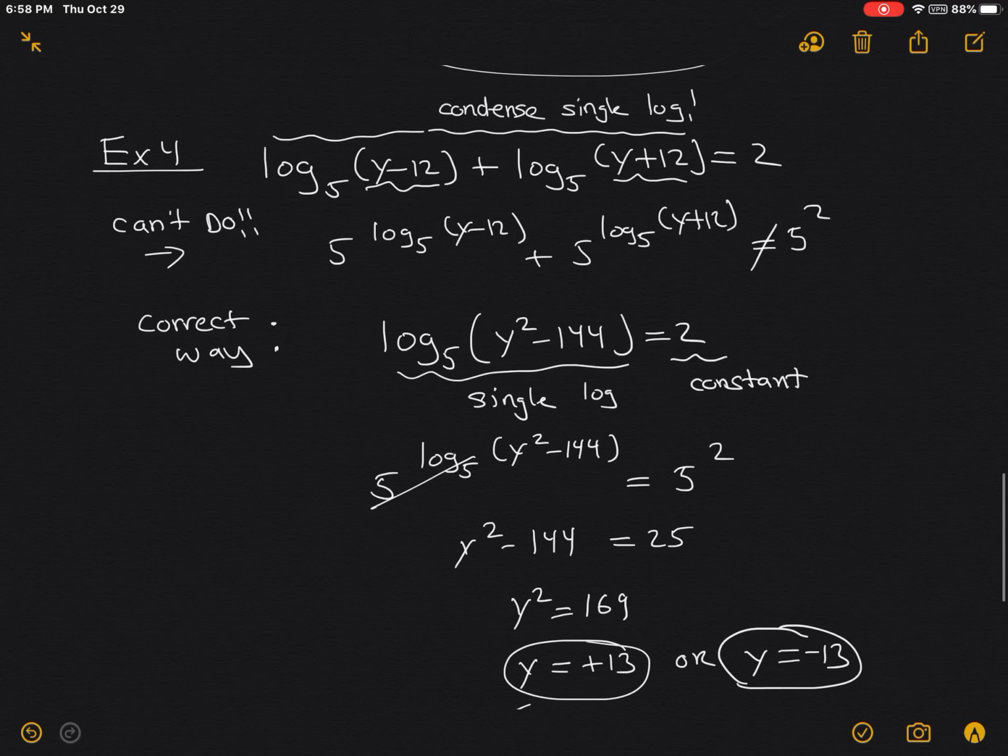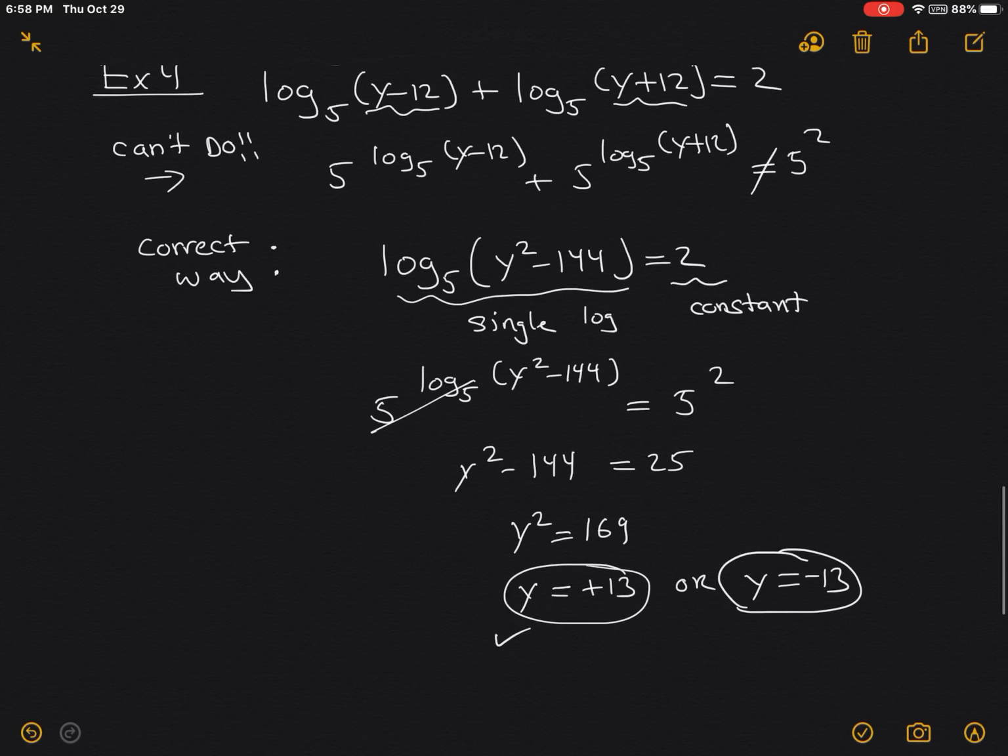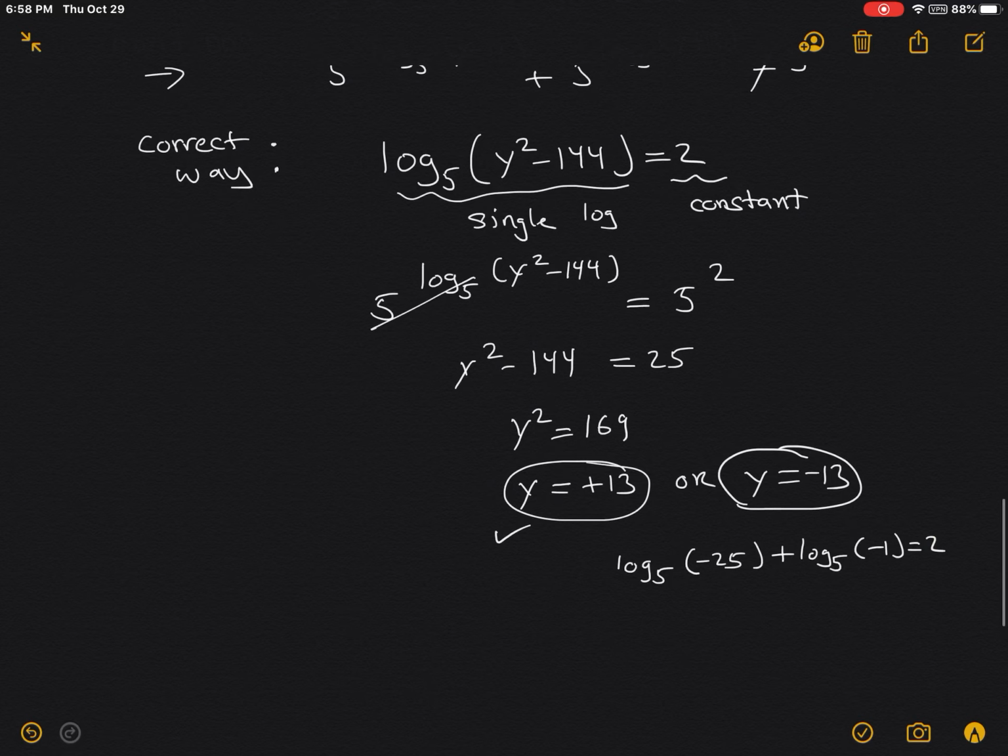Now, if you plug in negative 13 into the original argument, right? In fact, this one, let me write it out here. If you plug in negative 13, you're going to get log base 5 of negative 25, right? Plus log base 5 of negative 1 is equal to 2. Not possible, right? You can't have a negative within the argument of a logarithm, right? 5 raised to what power gives you negative 25? There is nothing, right? 5 raised to what power gives you negative 1? There is no number. So this is my extraneous solution that I was talking about in the beginning of the lecture. So the only answer is y